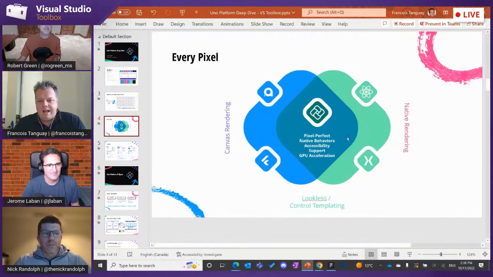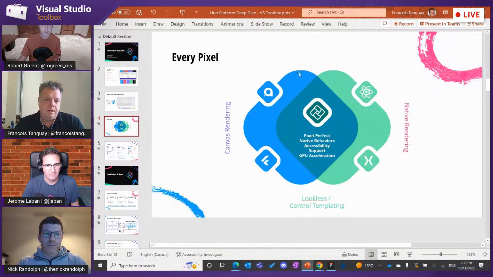Cool. Just quickly on Pixel Perfect, just to be clear, there are 3 approaches in the market. We're the third one. On one end of the spectrum, UI frameworks allow you to wrap or facade, if you wish, the native controls and provide a common API for it. That's how React Native works. So it's really rendering the native controls underneath. And that's why you get into differences on a per platform basis if you're trying to accomplish a cross-platform single